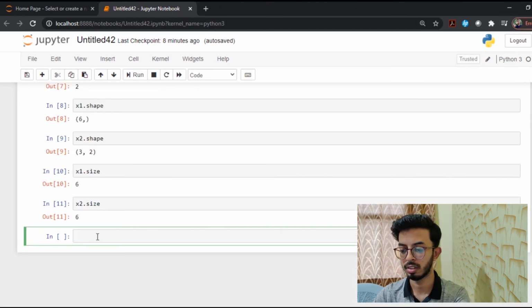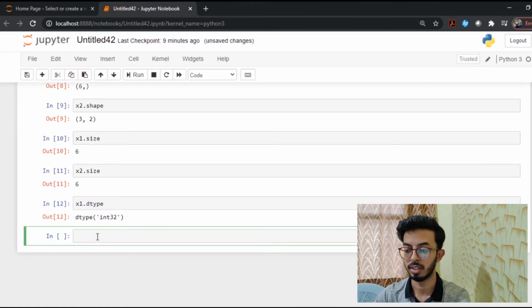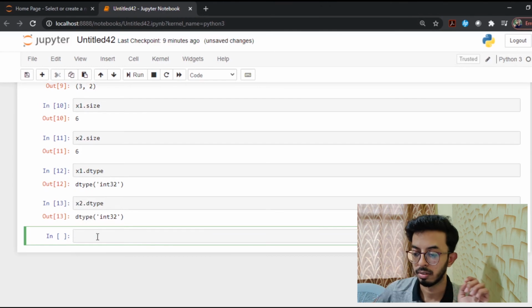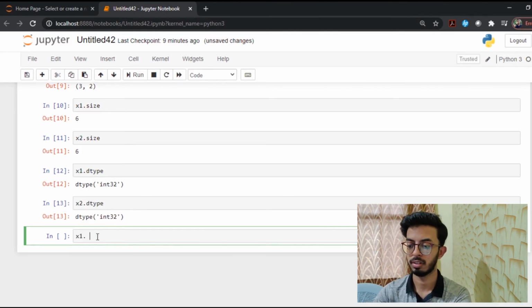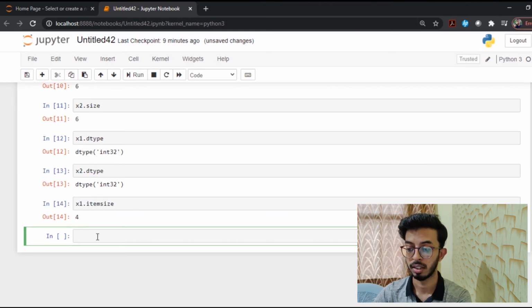Another thing you can see is x1 dot dtype. What data type is x1 holding? It's int32, and x2 dot dtype is also int32. Another attribute would be x1 dot itemsize, that's 4.